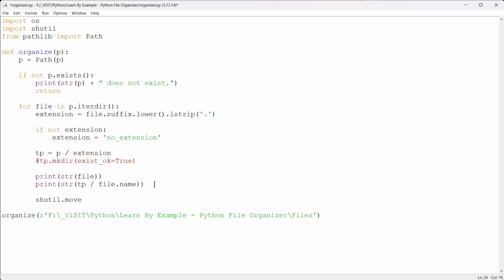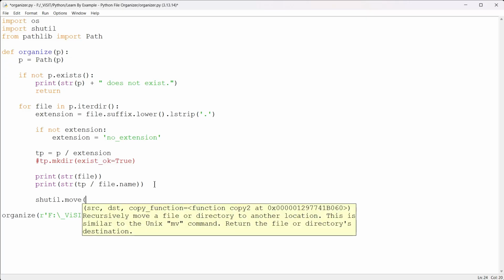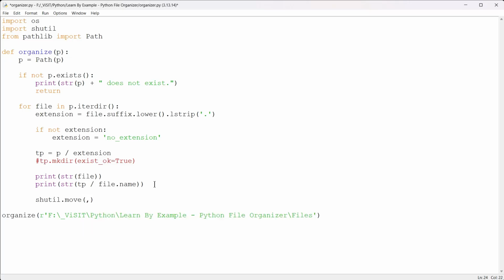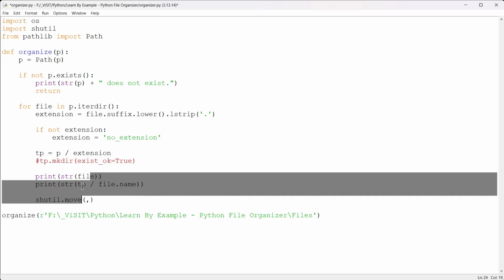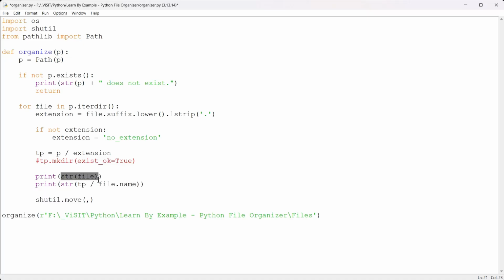So this will move the file from and to, and that's it. So this is our from, and this is our to, and now we do not need this. So let's comment out these,